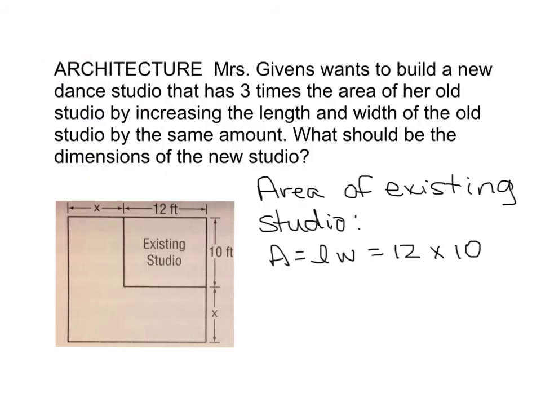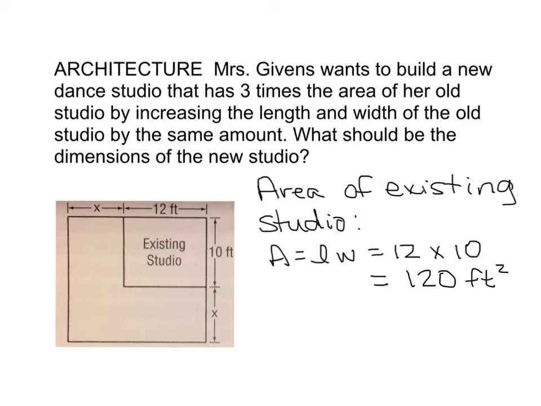Our next example: Ms. Gibbons wants to build a new dance studio that has 3 times the area of her old studio by increasing the length and width of the old studio by the same amount. What would be the dimensions of the new studio? Let's think that through a minute. We've got the old studio. To find the area of that old studio, of course you know the area of a rectangle is length times width. So the area of the old studio is 120 feet